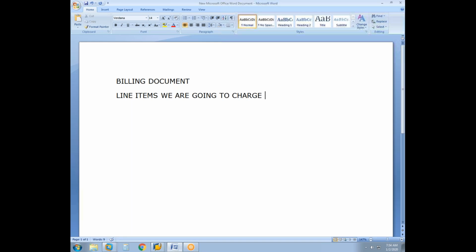Bill for me means invoice, but in SAP, invoice does not happen directly. First, you prepare the billing document, and then you prepare the invoice. The billing document will contain one or many items which are to be charged to me. That means some calculations will have to happen. So in simple terms, the line items we are going to charge to the consumer